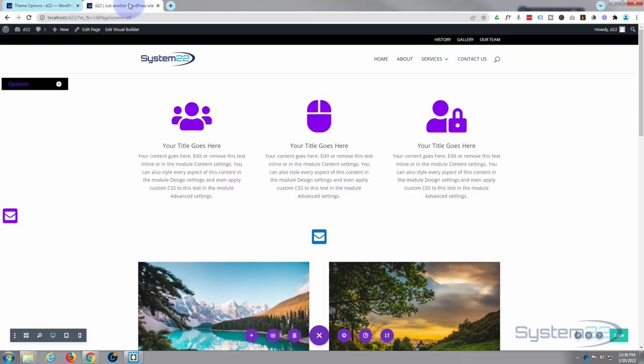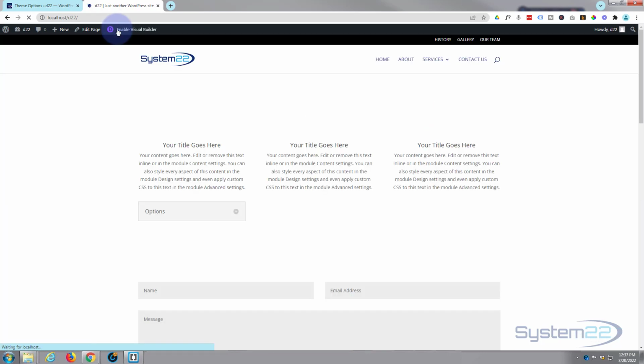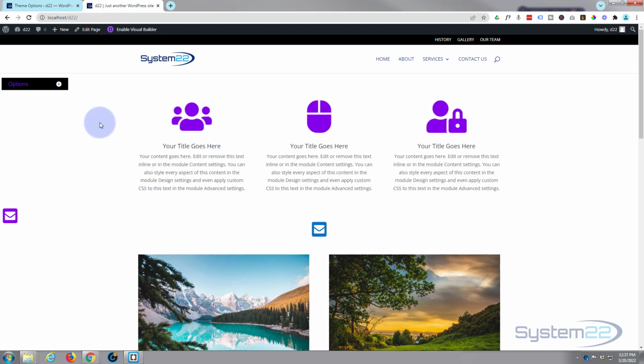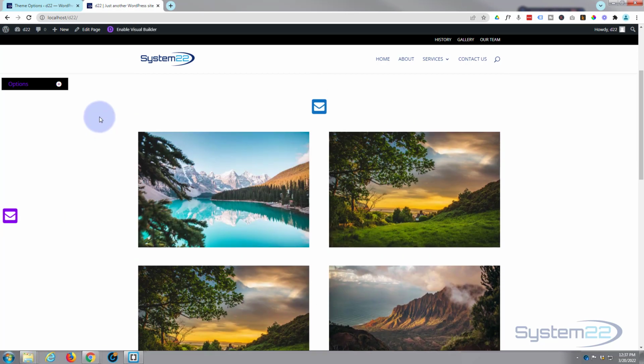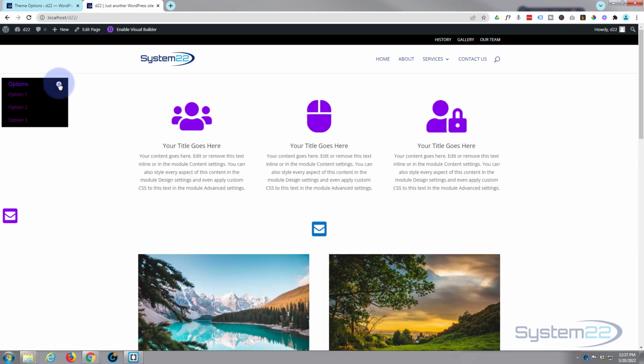Let's go in here. Let's save our page and exit the Visual Builder. There's our little menu there. It's going to stay exactly where it is. Hit the little cross. There's our purple little tags. They're not quite the same purple. If you wanted to make the same purple,